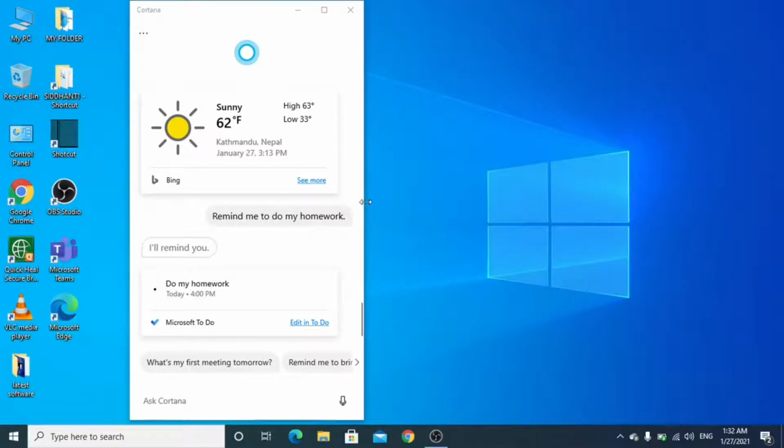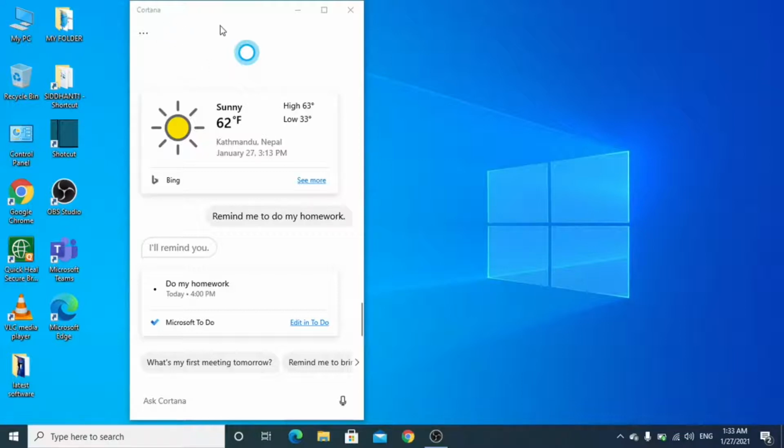Before knowing how to use it, let's know what purpose the Cortana app of Windows 10 is used for. Basically, the Cortana app is used to get instant answers to our informational questions, to set up an alarm, or to remind you of some task.